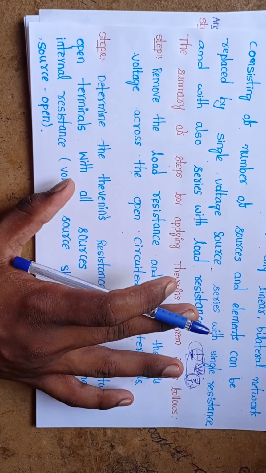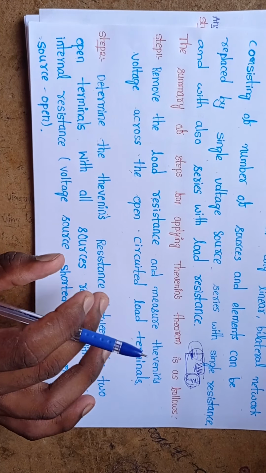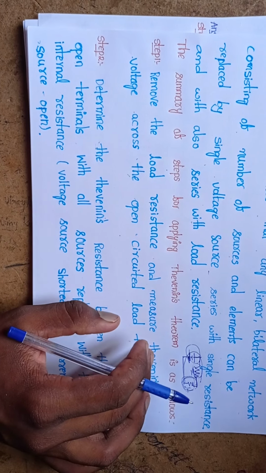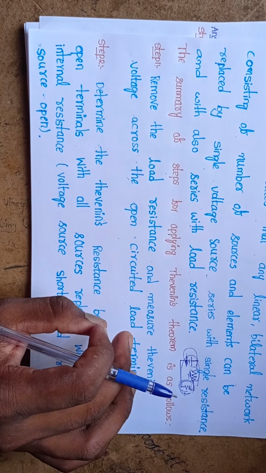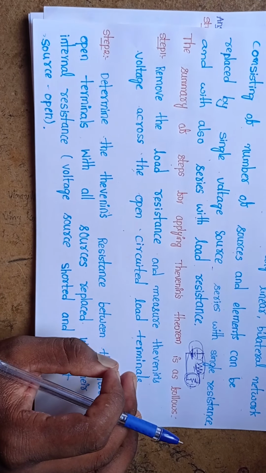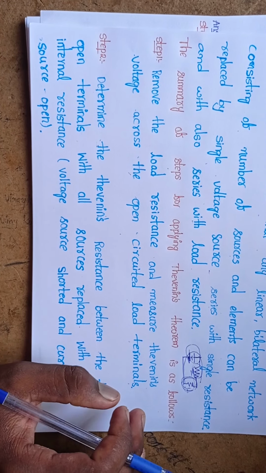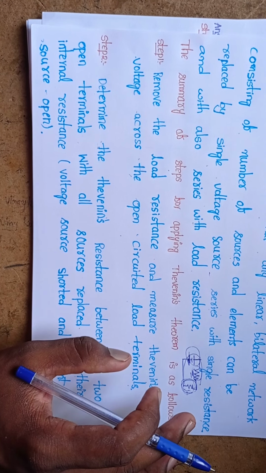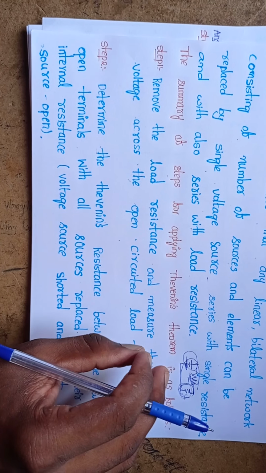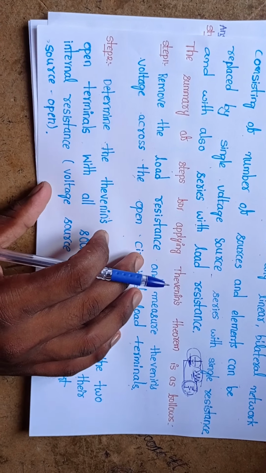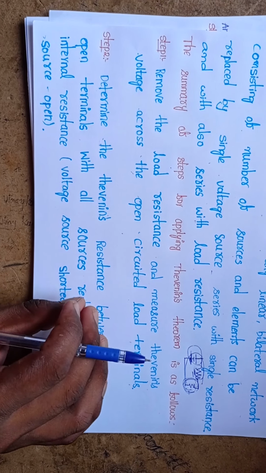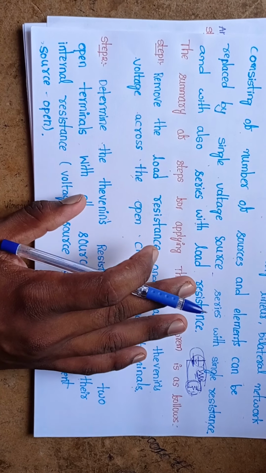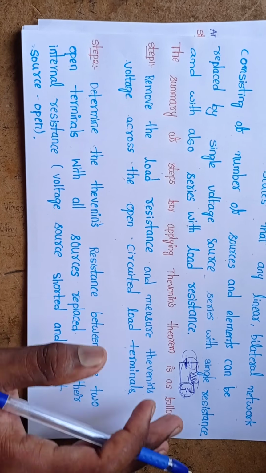Okay, here the second point says, in order to find the Thevenin's resistance, we have to short all the voltage sources and open all the current sources. Then in our circuit only resistances are there. By simplifying those resistances, we get the Thevenin's resistance. All that we will see in the next problem, then it will be clear. Next we will go to see one problem.